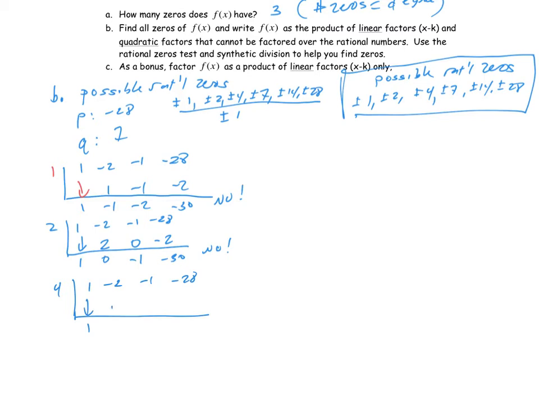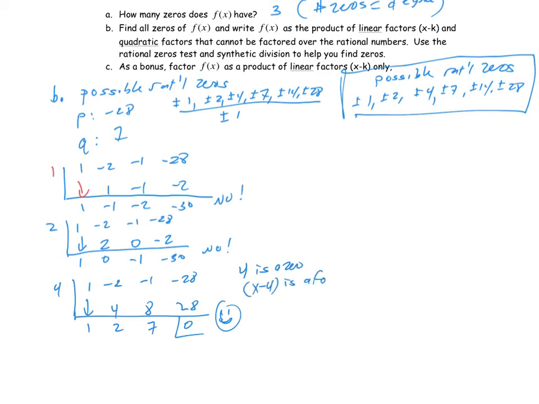1 times 4 is 4. Negative 2 plus 4 is 2. 2 times 4 is 8. Negative 1 plus 8 is 7. 7 times 4 is 28. Negative 28 plus 28 is 0. Yay! We found a 0, so we can conclude that 4 is a 0 and x minus 4 is a